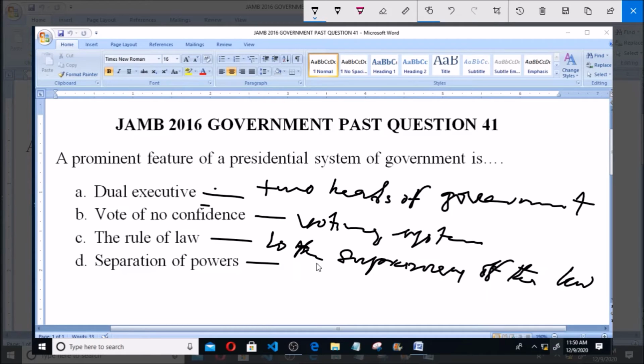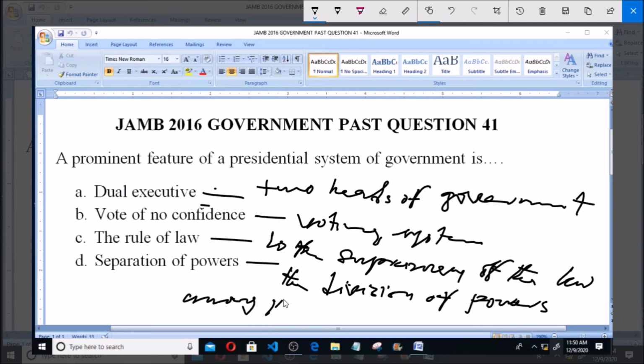The separation of powers implies the division of powers among the three arms. So option